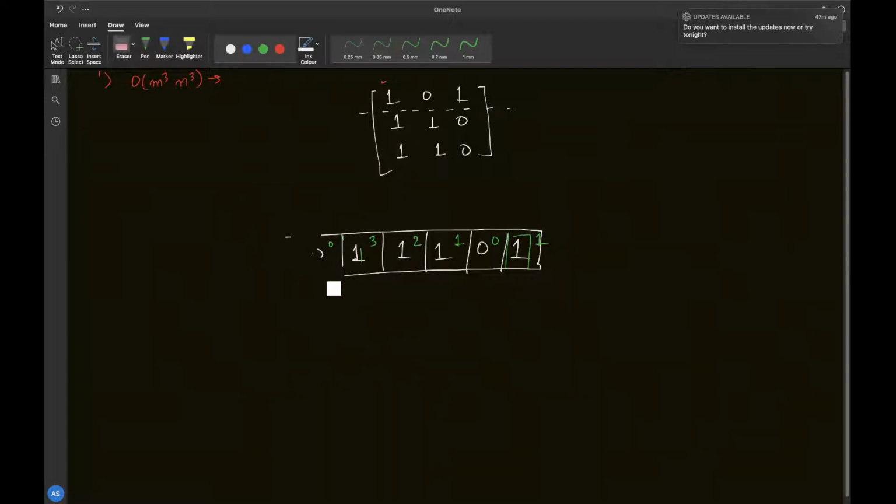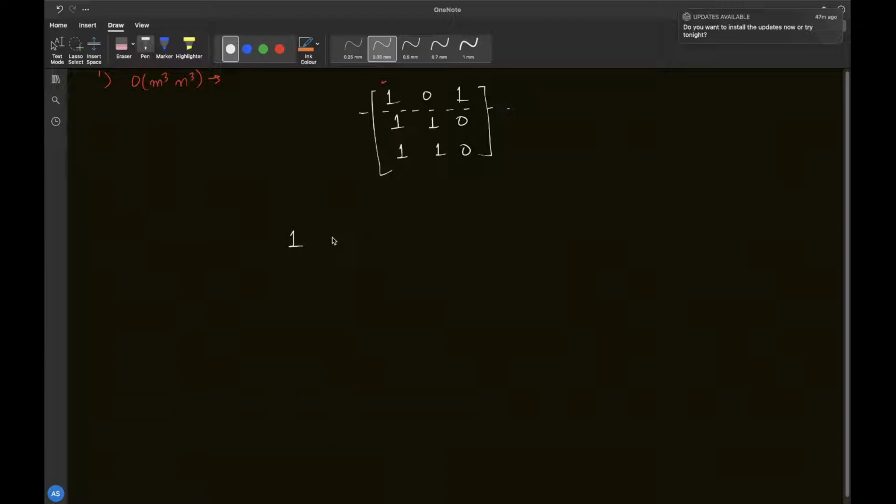Now let's try to apply this to our input question, right? So our input is 1 0 1. We are now only taking this first row. Just forget about the row below. If I take the first row, how many can I form with the first element as the starting point? I can form only one, with the second as the starting point I can form only 0, and with the third as the starting point I can form only 1. Now let's extend this to two dimensions.